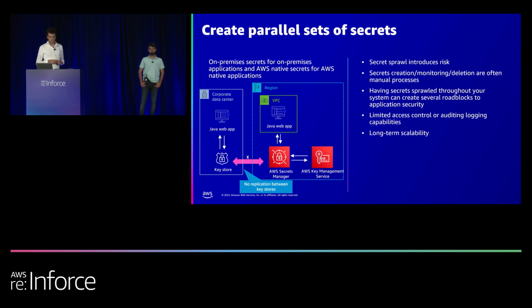Because this approach doesn't really have centralized control, there's obviously an increased challenge to manage and distribute secrets as your infrastructure grows. Also, rotating these secrets when you don't have a single source of truth will require some type of mechanism in place to ensure that you have distribution and replication in place. And as you're seeing here,